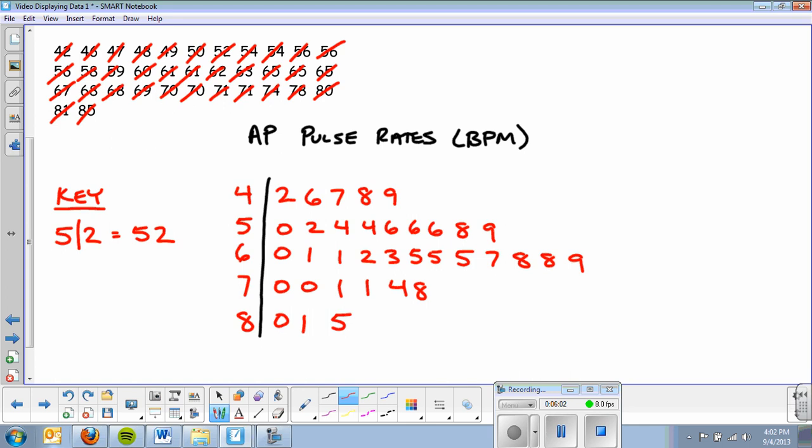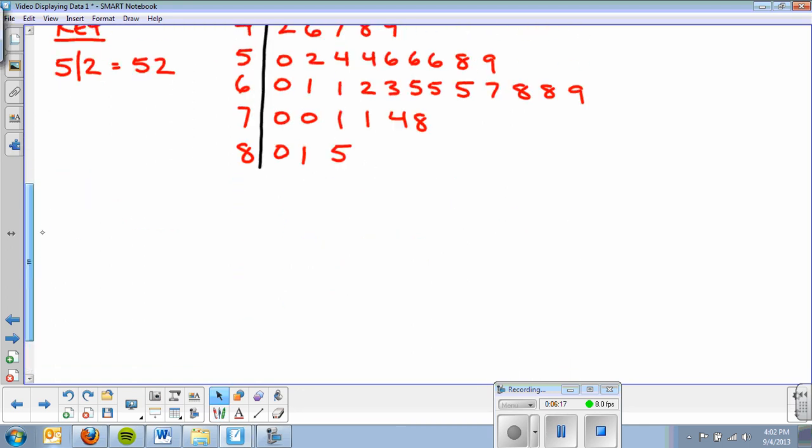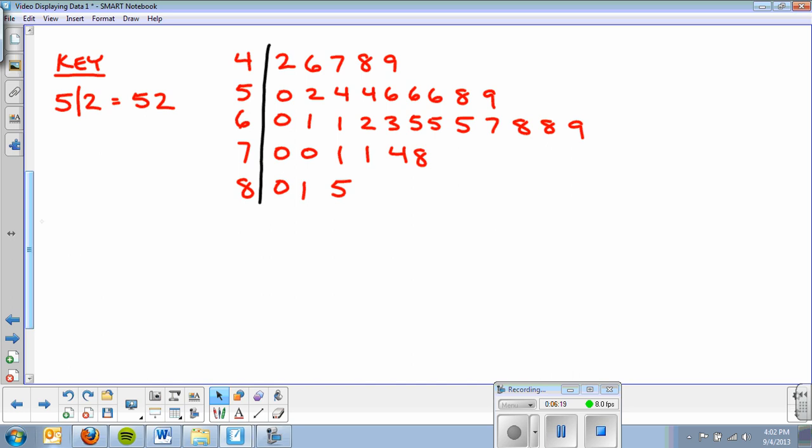So from this, now I have a better idea of what the data looks like. Most of the numbers were in the 60s. There are fewer people as the beats per minute got higher, and fewer people as they got lower as well. Now, I'm going to go off on a side note here. Sometimes if you have a few stems, there's 5 here, that's not too bad, but there's a lot of numbers here in the 60s, and sometimes the data's all too close